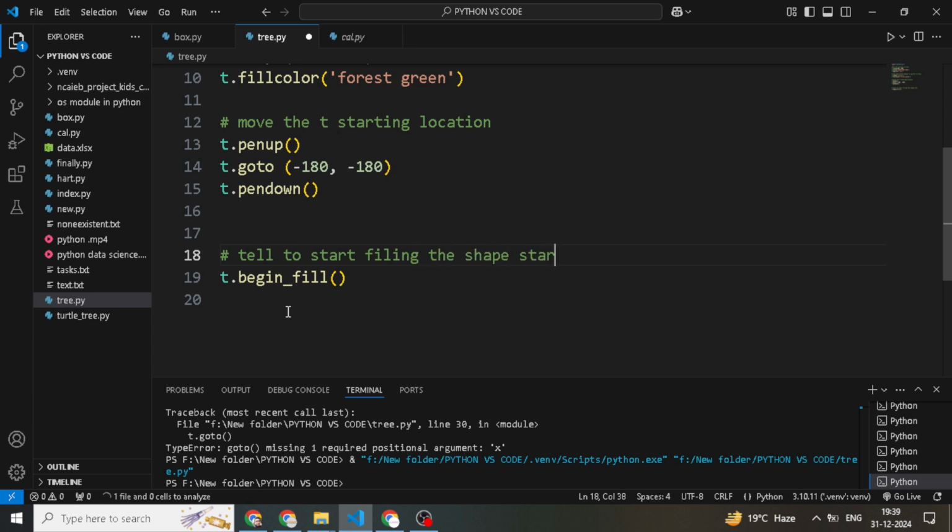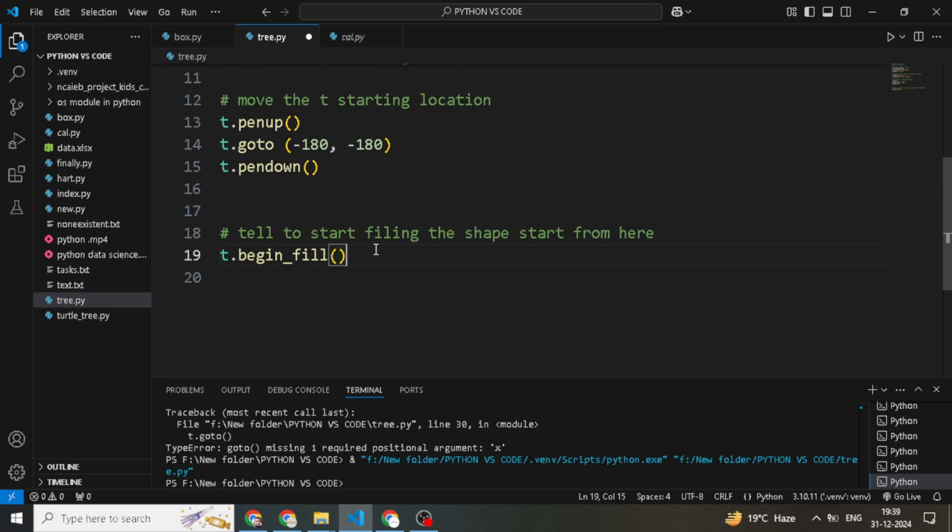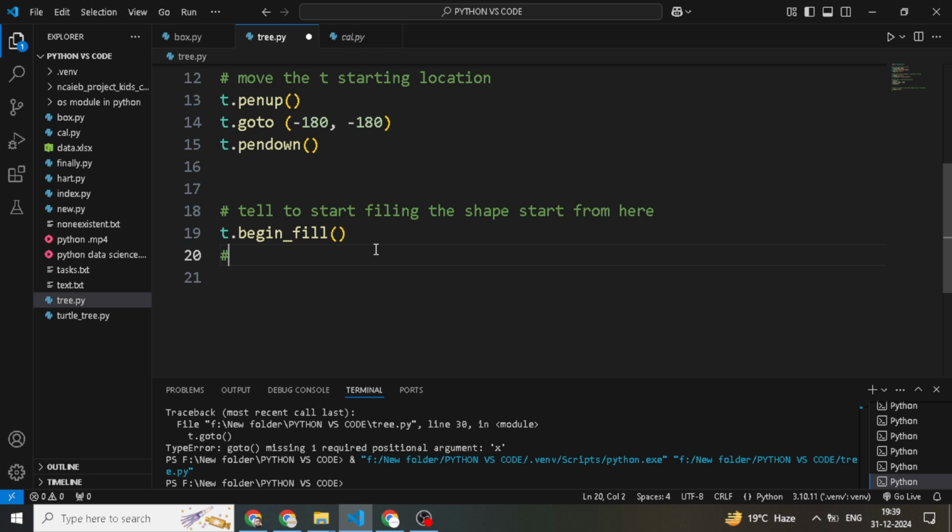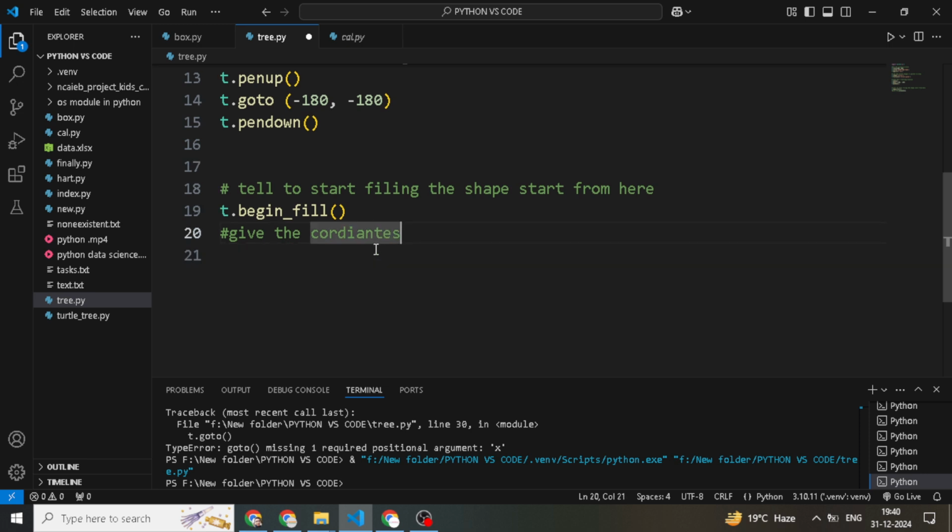Start from here. Begin fill, and now give the coordinates.